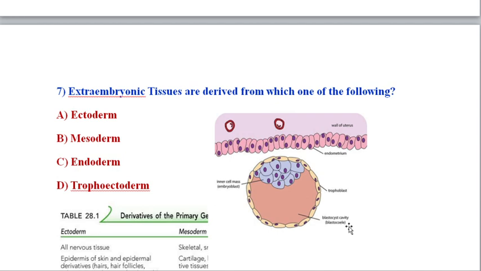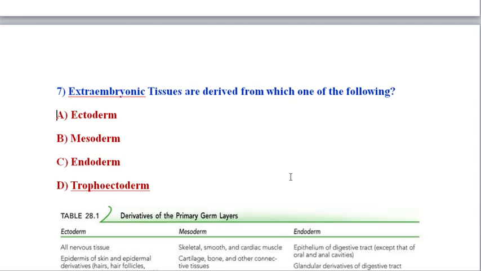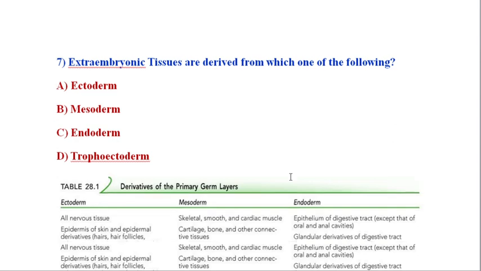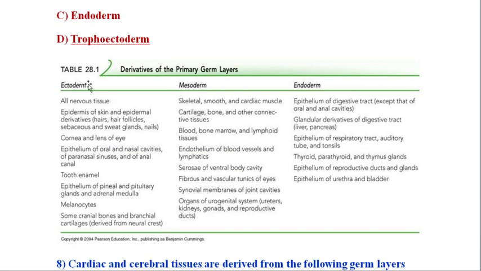The trophectoderm is the first epithelial tissue that appeared during mammalian embryogenesis, and this trophectoderm gives rise to extra embryonic tissues like the placenta, chorion, amnion, yolk sac, and allantois. Okay. So here I have given derivatives of the primary germ layers, like from ectoderm, your all nervous tissue,